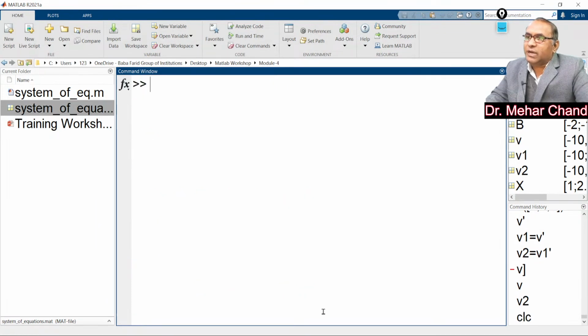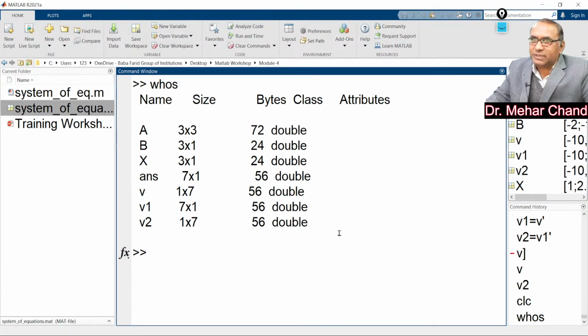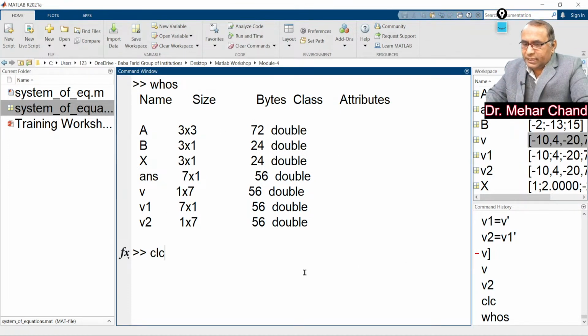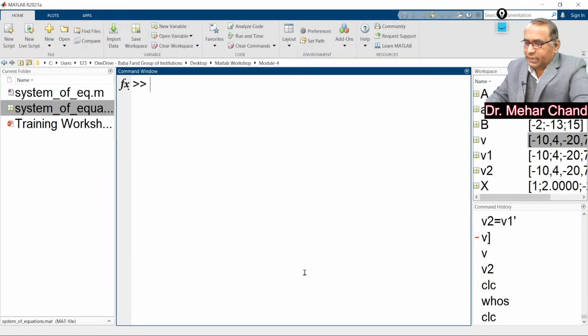CLC is the command to clear the command window, as you know, and whos will return all the variables which are available in the workspace. You can see on the workspace, in the first column we have all the variables. In the second column you can see the size, and then we have bytes, class, attributes. You can see all this. CLC. Now again come to